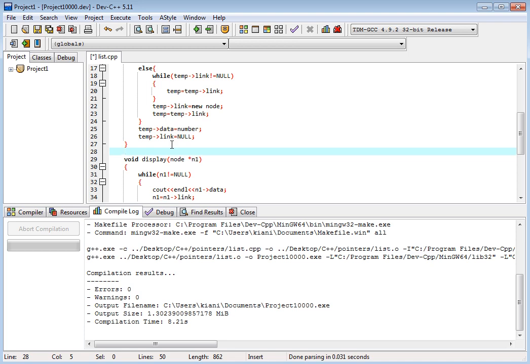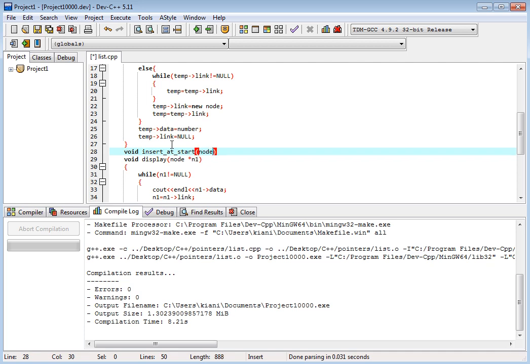So 10, 20, 30 and 40, we have this. Now we have to insert the data in the beginning.